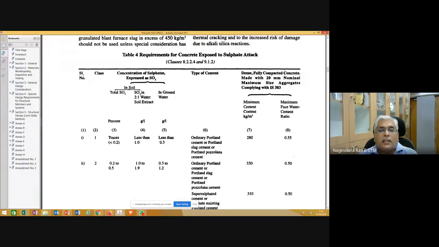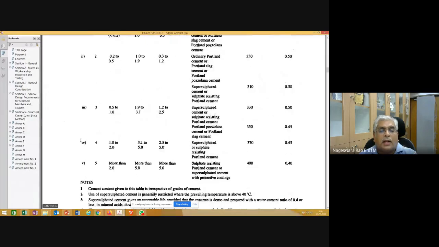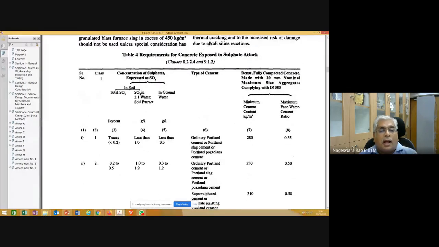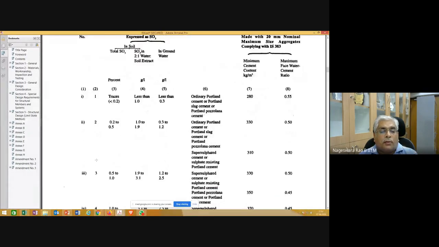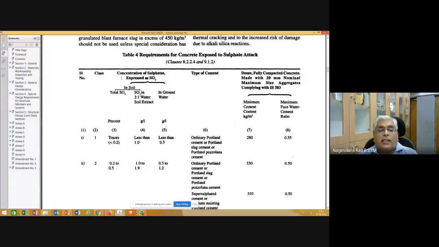So you can see here, serial number 1, 2, 3, 4, 5, something like that. Again, column 2 is showing classes 1, 2, 3, 4, 5, and you can see here the concentration of sulfates expressed as SO3. For this you need to do chemical analysis of the soil where you are planning to construct the structure, and also the groundwater at that location.